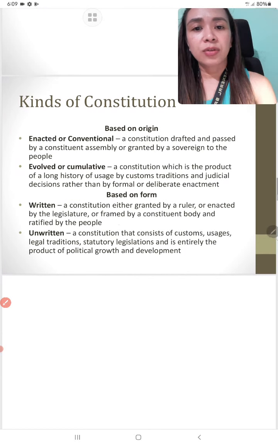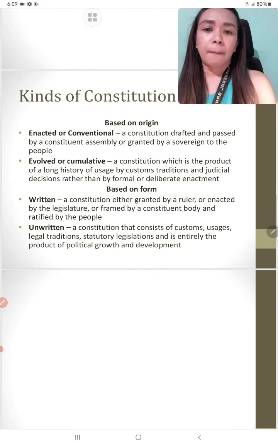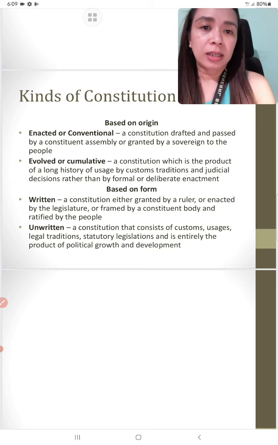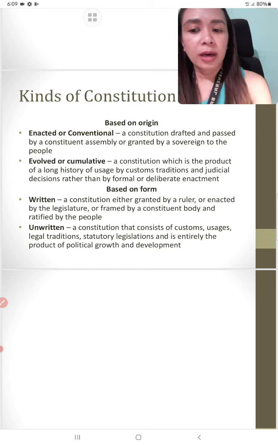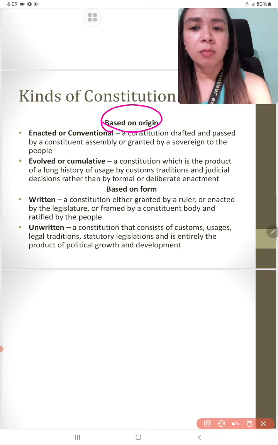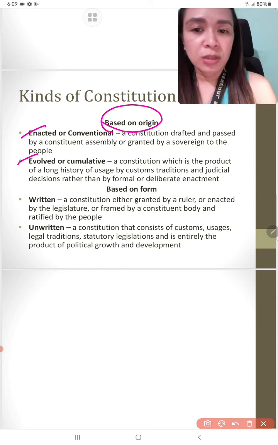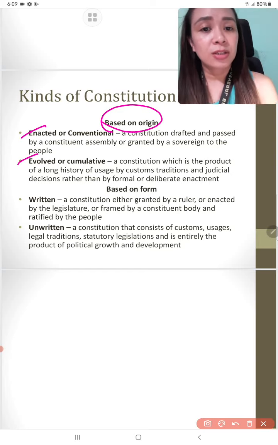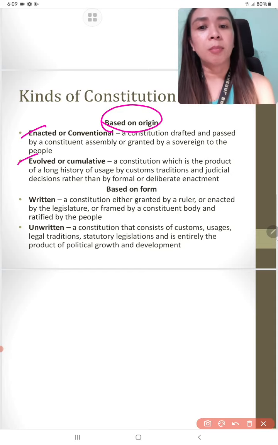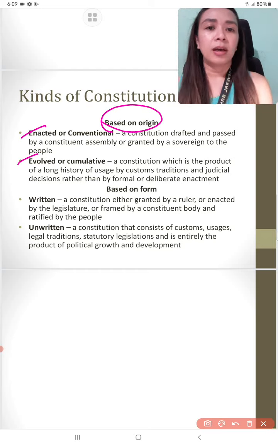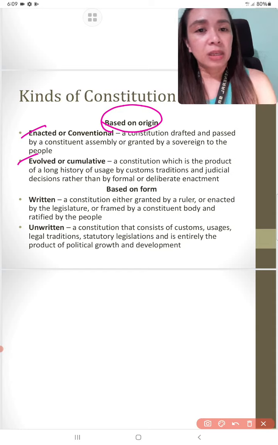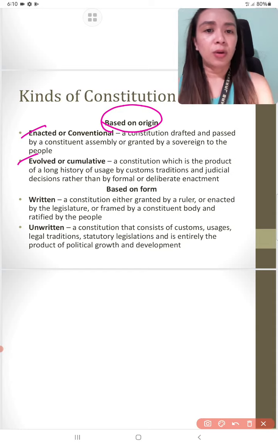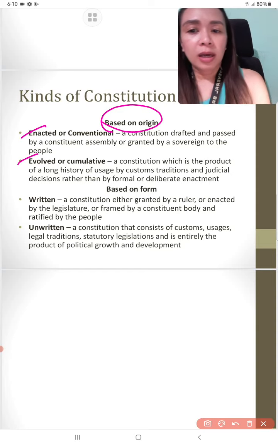So there are different kinds of Constitution. Depende on paano mo siya i-classify. So here we have, if it is based on origin, saan siya nagmula, we have enacted or evolved constitution, or also known as conventional and cumulative constitutions. Pag sinabing enacted, this constitution is drafted and passed by a constituent assembly or granted by a sovereign to the people. Ibig sabihin, ang paggawa nitong constitution na ito is in accordance with the procedures set by law on how we create laws, no? While itong cumulative or